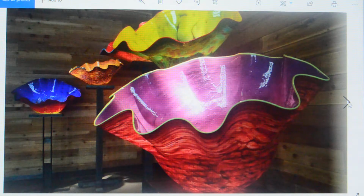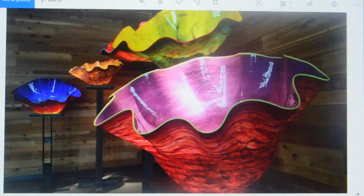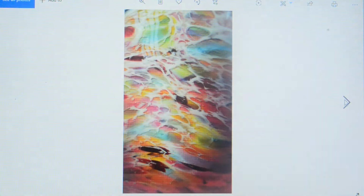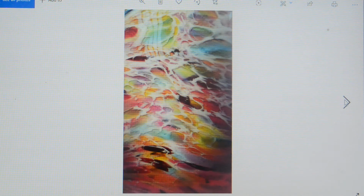This is the Dale Chihuly Museum. And I don't know if there's anything in here I want to show you guys. I was just debating, isn't that beautiful? I also have a thing for glass. I love that. He's a Seattle-based artist who does these